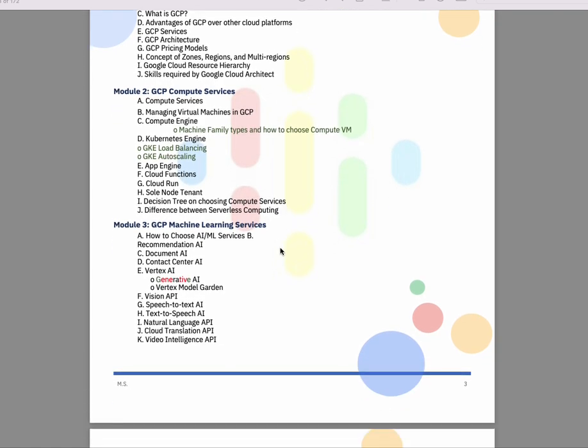Let's dig a little bit more into it. I know we have to talk about compute services, what the compute services are, Kubernetes. I just gave you a glance, and you're gonna see the decision tree. So at the end of every single section, you're gonna see how you're gonna choose which service to use. So in this difference and the decision tree, you will come to know when to choose Compute Engine, when to choose Kubernetes, when to choose App Engine, and what to look for in exam questions,